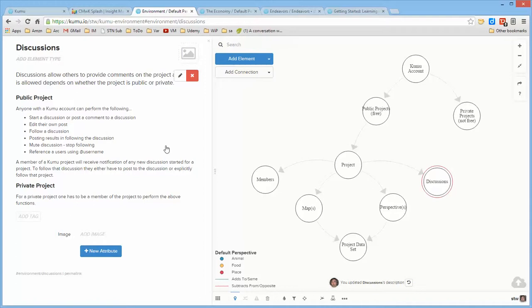Now, they can explicitly follow the discussion either by going to the discussion and clicking to say I want to follow this discussion, or if they post to it, they will end up following it because of their actions. If you create a post for a discussion and you want somebody to receive a copy of that post, if you use an @ sign and their username, Kumu will route a copy of that post to them, whether they're following it